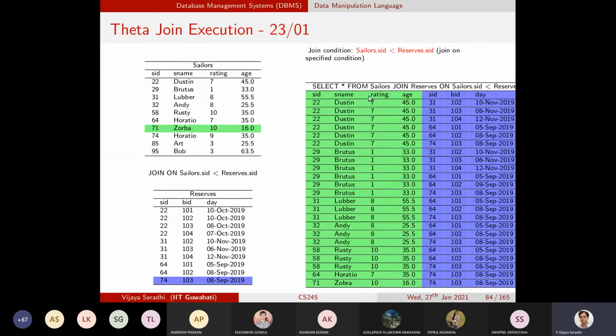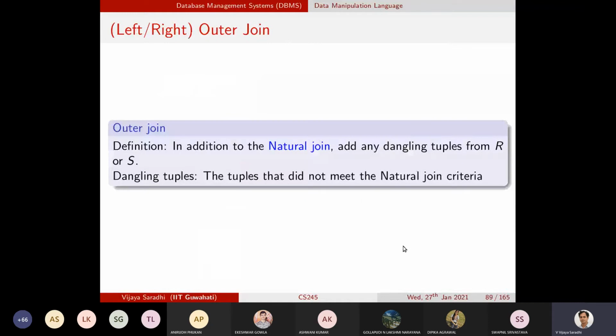In addition, I wanted to filter the rows from within these 23, and the condition on which I am filtering is that the rating must be greater than or equal to 9. So now I will go through the new result set once again and ask this question: is rating 9 greater than or equal to 9? No. So it will not be part of the result set. This also will not be part of the result set, and all of these records will not be part of the result set. Only these 4 records whose rating is 10 will be part of the result set. That is exactly what we will be looking at.